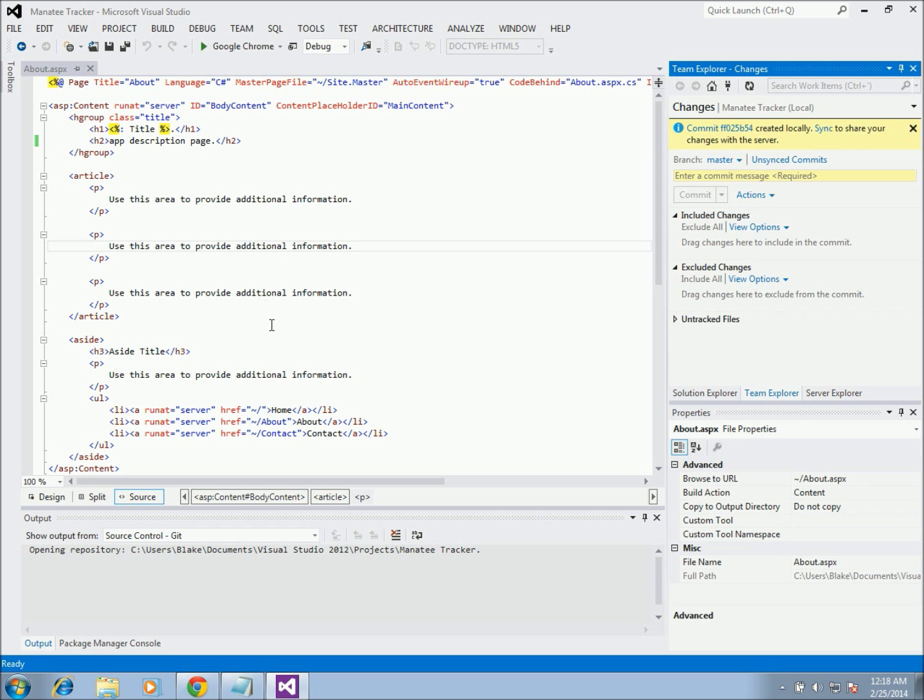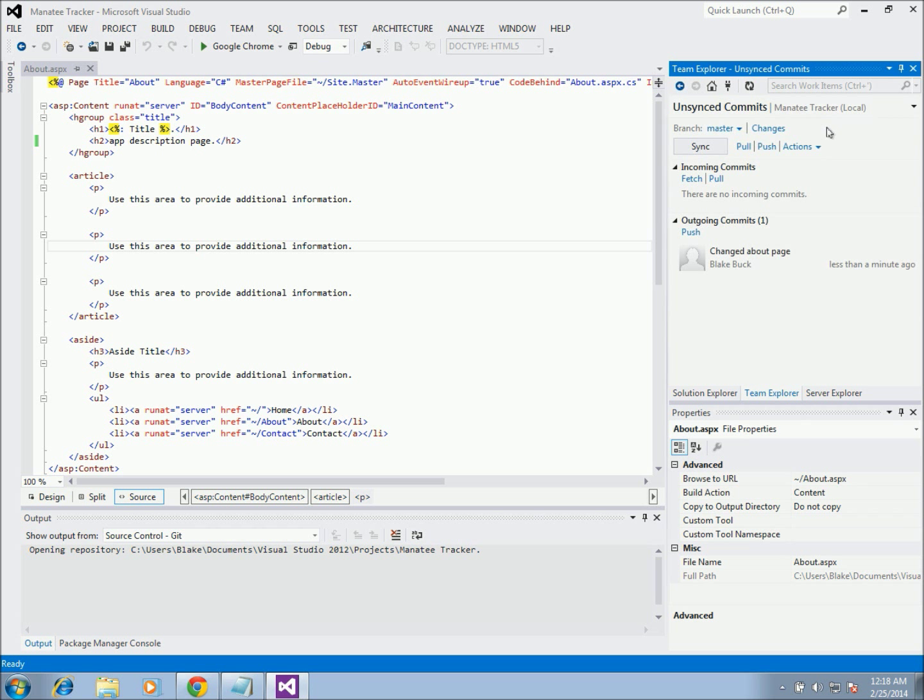So you probably want to go ahead and make a bunch of different changes, commit them all locally, and then, well, you could probably commit them all at the same time after you made all the changes. But you probably should wait until you have a bunch of things and you're ready to move over to the online repository. So once you're ready, just hit sync, and then